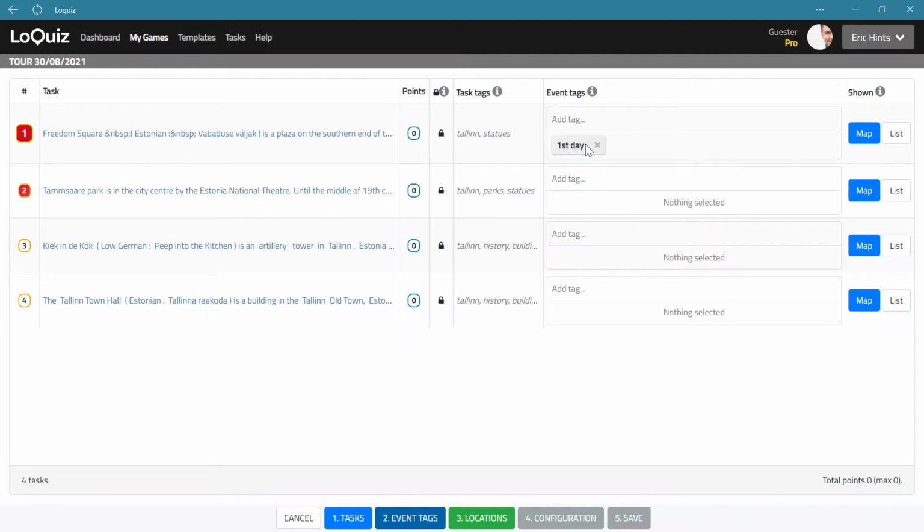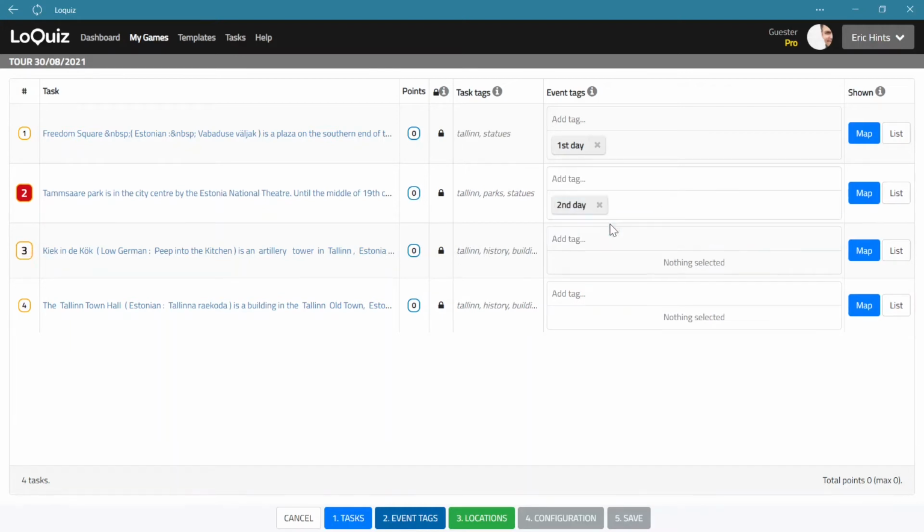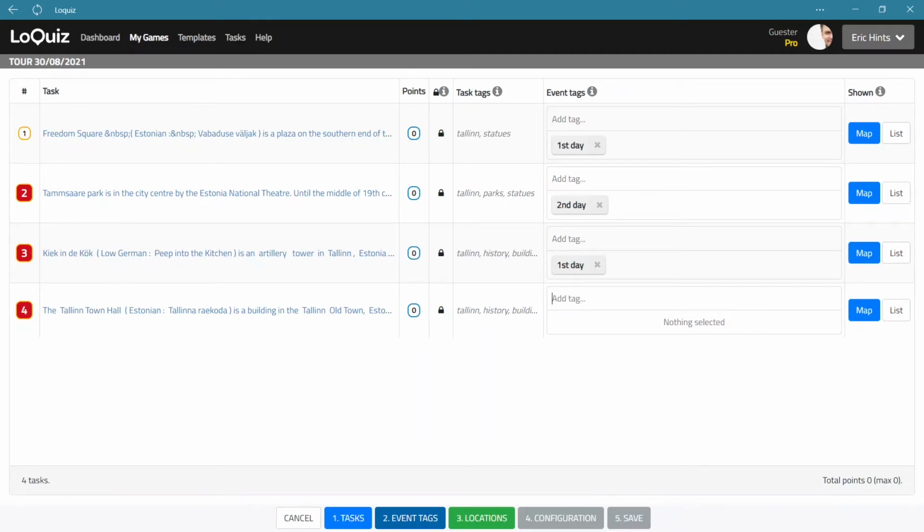So we add a task for the first day. Let's say this is the second day. And let's say that this is the first day again. And this is second. I will show you later why we do that, but at the moment it's probably sufficient to say that we just want to make it possible to filter the tasks according to the day